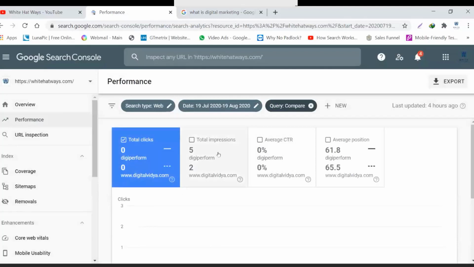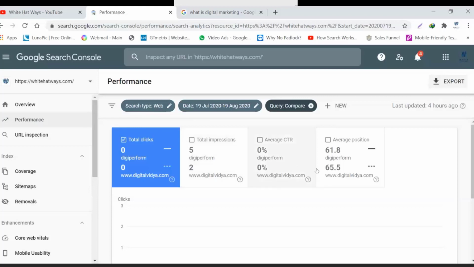So for DigiPerform and Digital Vidya, I got two impressions when somebody typed DigiPerform as the search query, and I got two impressions when somebody typed Digital Vidya.